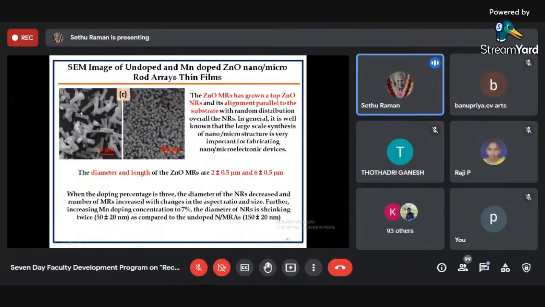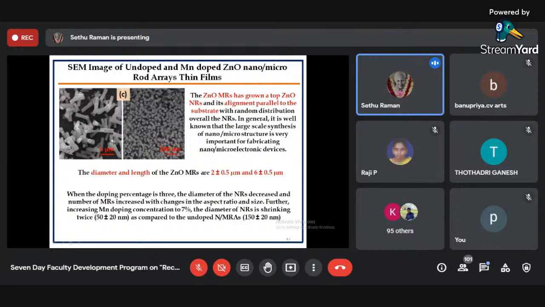So on the surface of zinc oxide nanorods, horizontally grown zinc oxide microrods with respect to doping concentration. So there we have seen the density of the microrods grown on the vertically standing zinc oxide nanorods. It is well known that the large scale synthesis of nano and microstructures is very important for